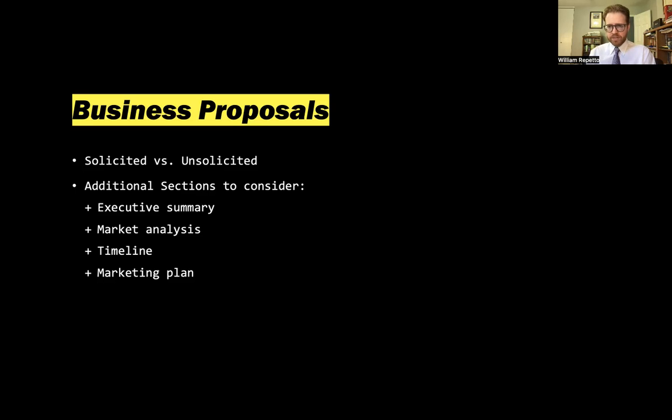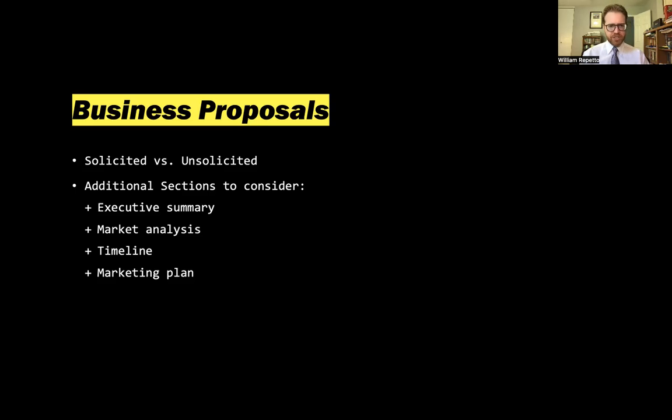And there are unsolicited ones. These are the ones I was more or less addressing when I was saying you'll find things you don't like in a community or organization. If you sit down and find something you don't like, write up a proposal and maybe go to a supervisor or a manager and say, hey, here's a change we propose. That would be unsolicited. So business proposals get divided into those two.